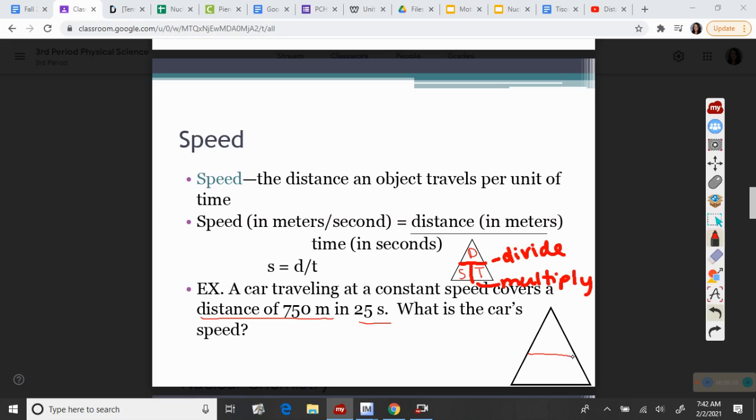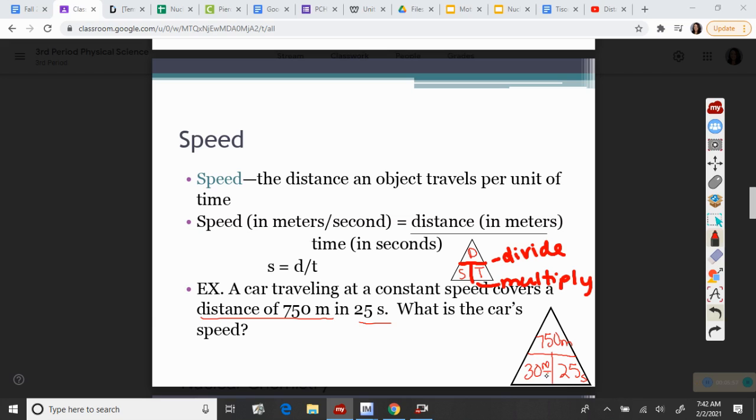So let's go ahead and set up our triangle. You have a distance of 750 meters, so our distance is 750 meters, and our time is 25 seconds. And what do we do when one number is on top of the other? We divide. So if you take 750 and divide it by 25, you are going to get an answer of 30